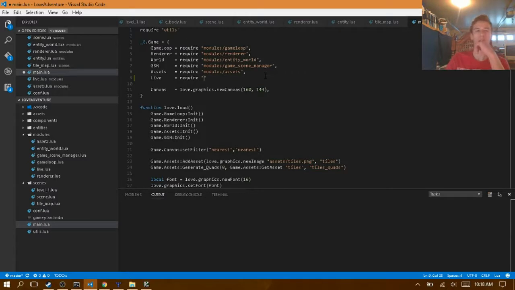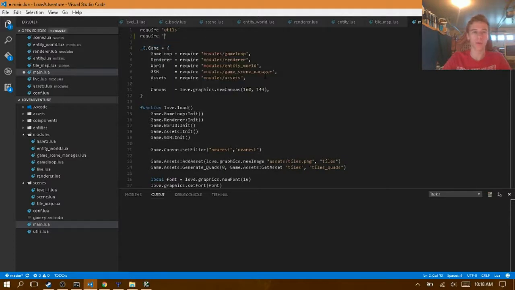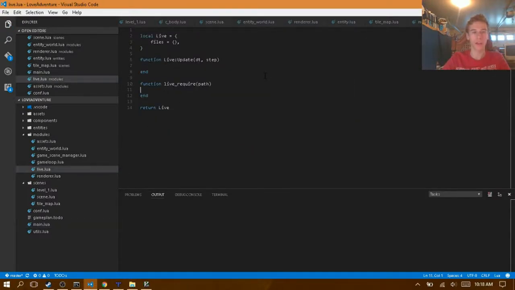Well, actually, I take that back. We're not going to want to be able to touch this. Yeah, exactly. So okay, so we want to just require live right here. Modules live, and what that's going to do. Let's go back to live. This is just going to make it so we have access to this global require function. We're going to remove this because we want this to be local. Well, actually,